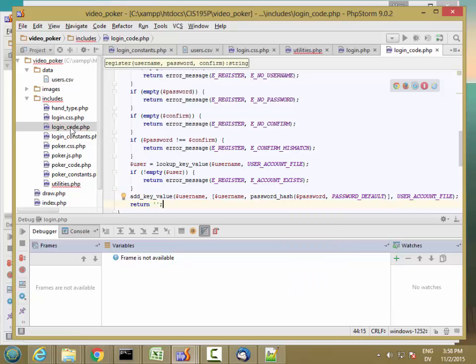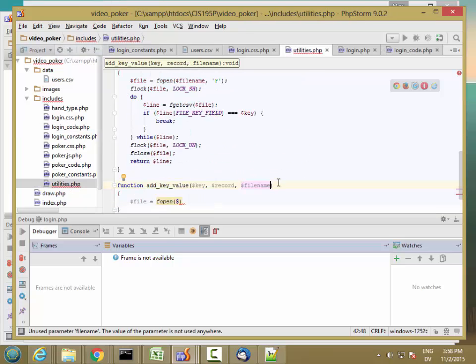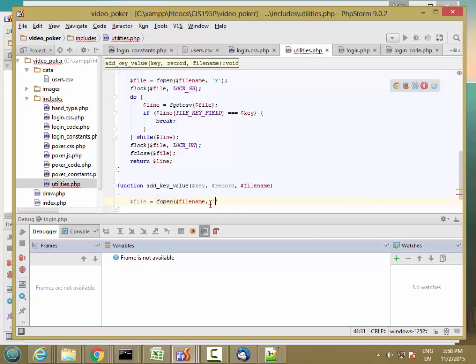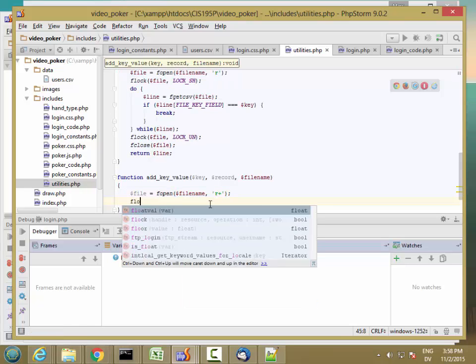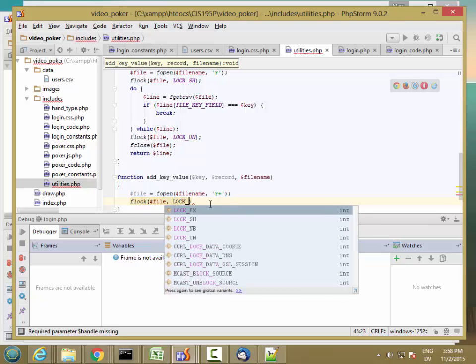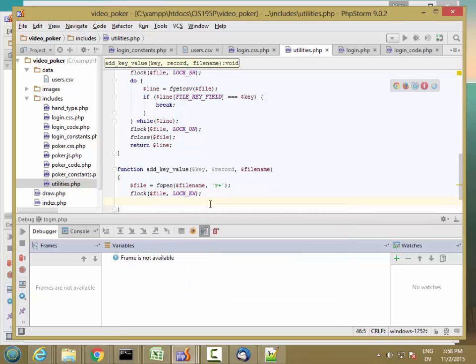Okay. So fopen file name for both reading and writing, R+, flock file lock x, exclusive access,